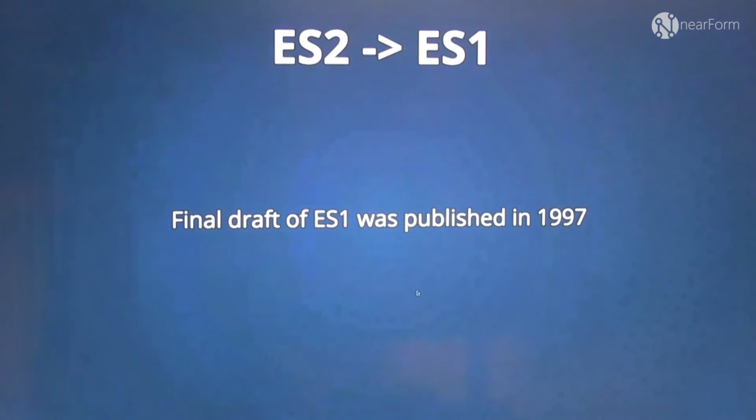So for the transition from version 2 to 1, we don't have too much to say. It was a year or so in the middle. But we have something to notice on the ES2 release.